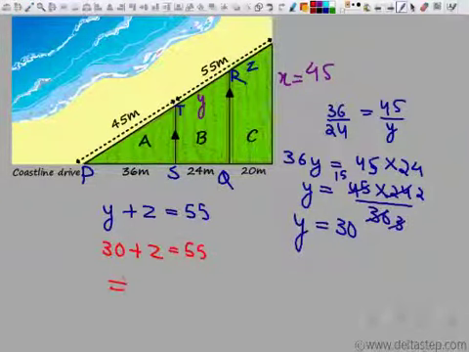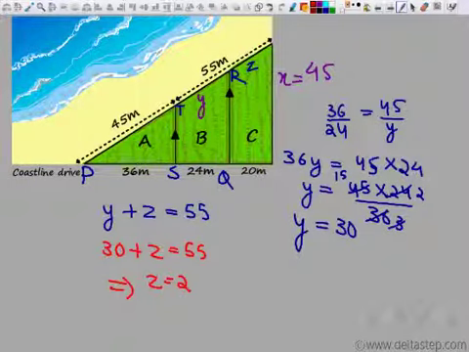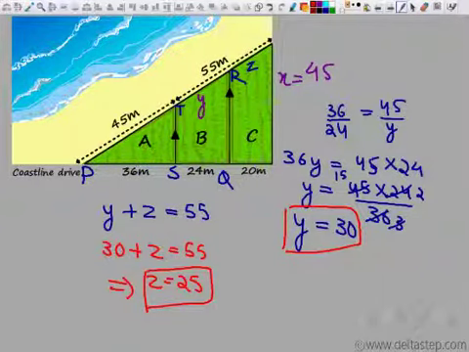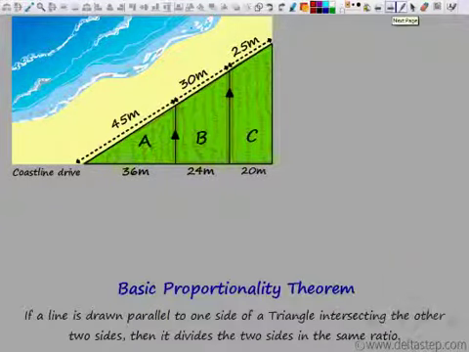So this gives me that z would be 55 minus 30, which is 25. So I get y is 30, z is 25. So now I've got for each 45, 30, 25, and so now the property dealer can decide that A has